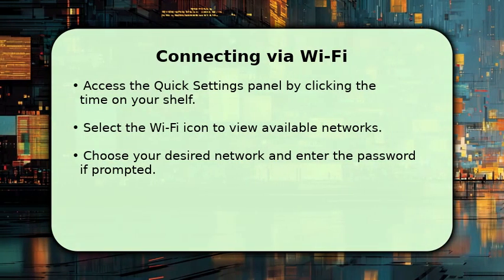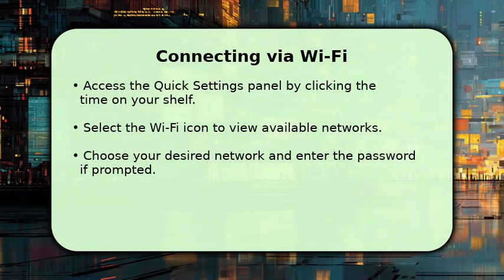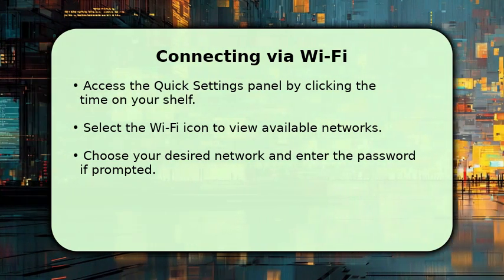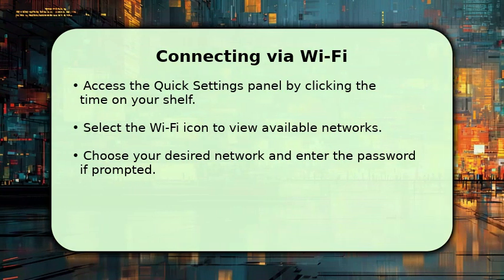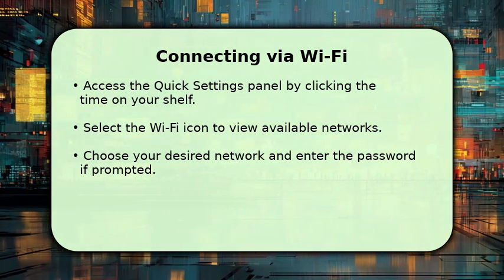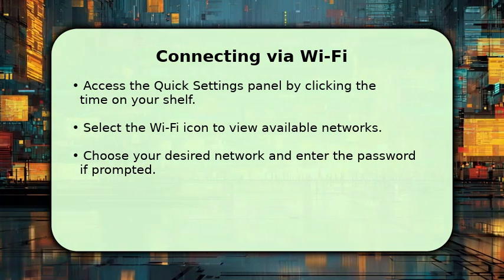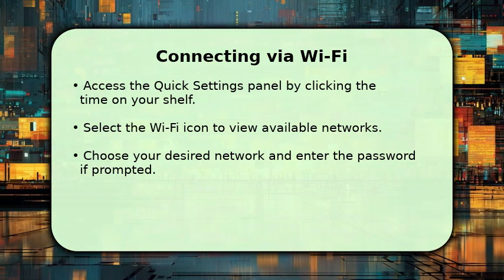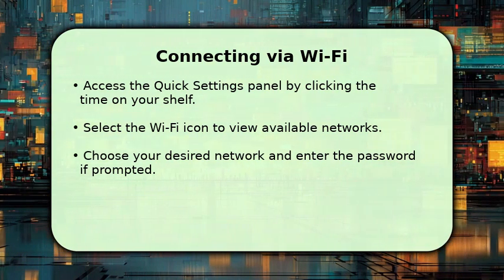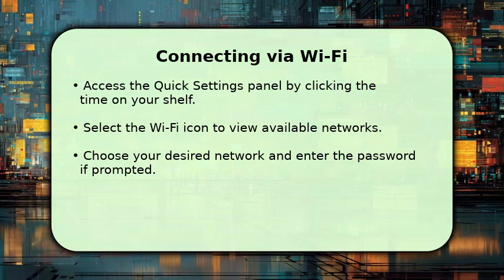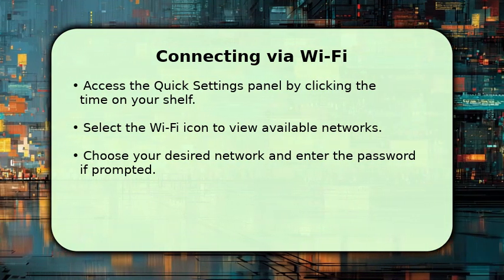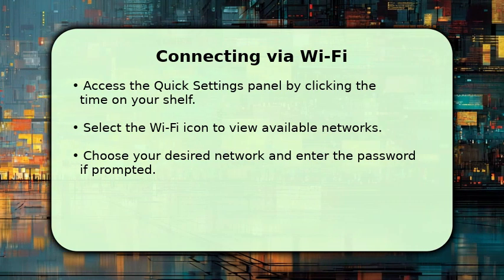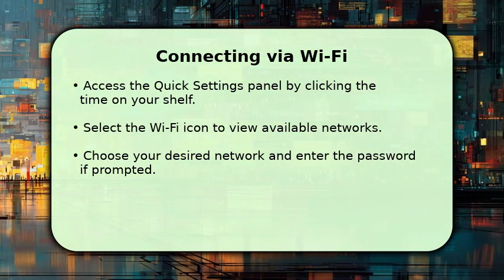Connecting to Wi-Fi on your Chromebook is straightforward. Simply click the time on the bottom right of your screen to open the Quick Settings panel. Then, select the Wi-Fi icon to see a list of available networks. Choose your preferred network, enter the password if required, and you're all set. This provides a stable and often unlimited connection, perfect for downloading large files or streaming high-definition content without worrying about